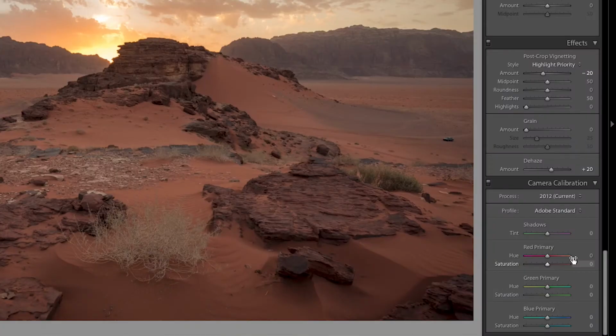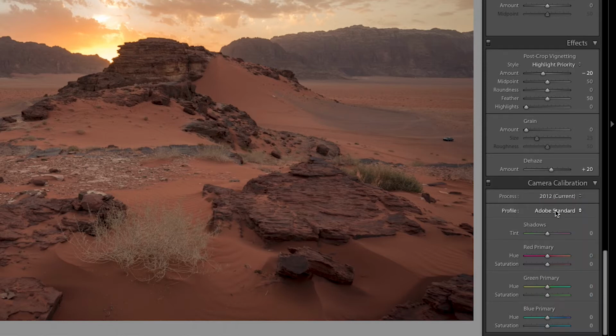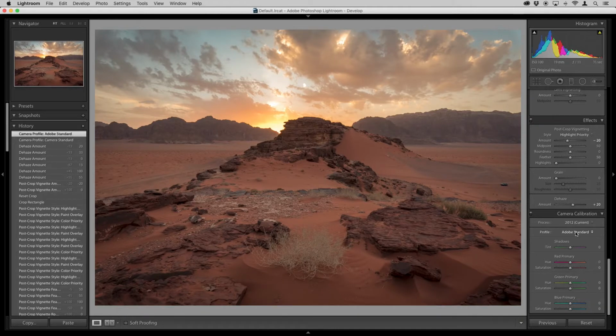Another thing you can do, and the reason why I have other options in here, is that you can actually use specific tools to try to replicate the color as accurately as possible for your specific camera. And this is something that is possible through specific calibration utilities. You can use a tool from, for example, X-Rite, called a color checker, where you take a picture of different colors, and then you can use the software to try to approximate what the colors are supposed to look like, and you can create your own profile.